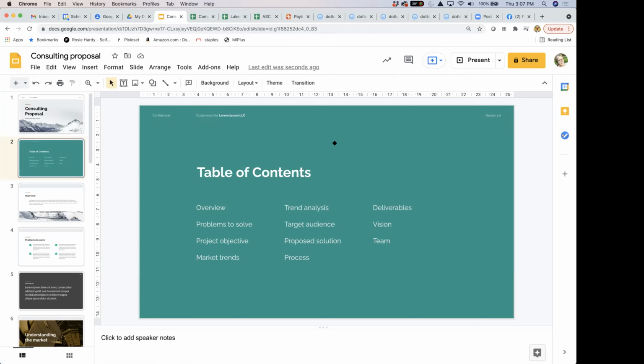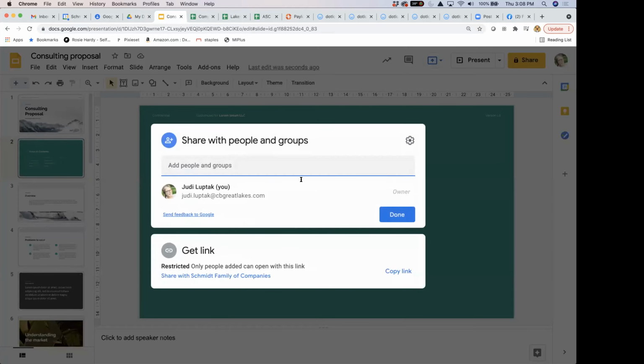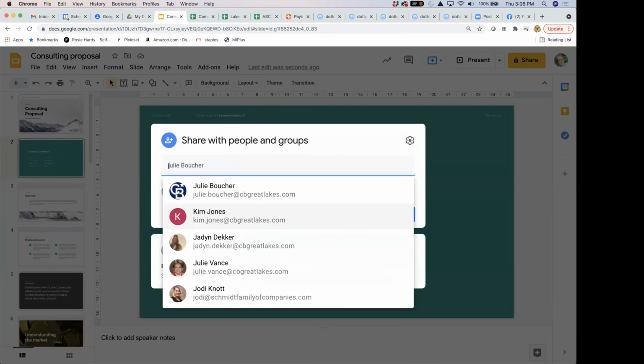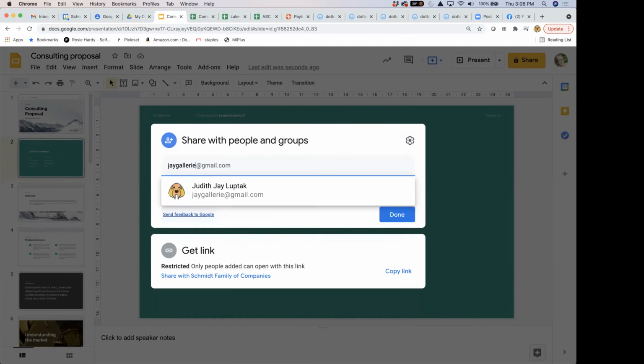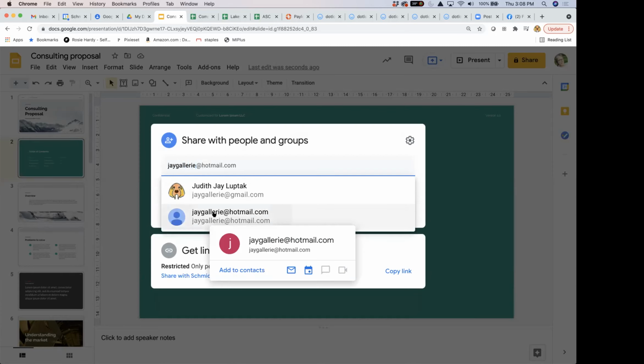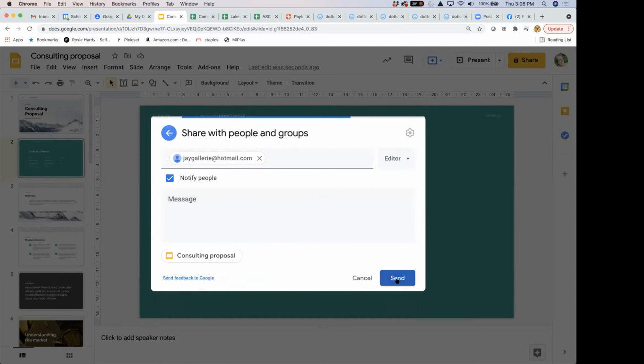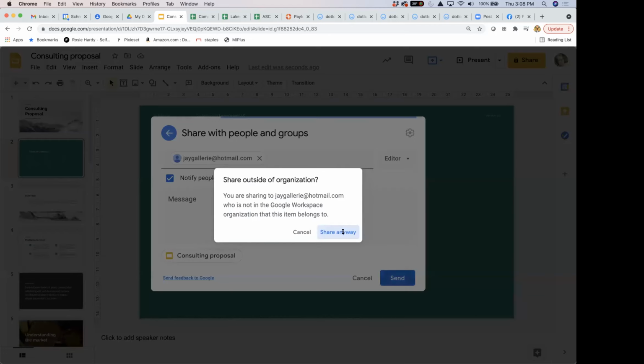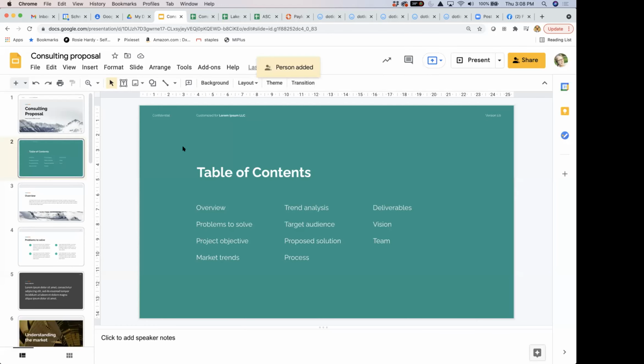Another nice thing is if you are collaborating with somebody, you can actually share this document with somebody else. And you guys can both be in here working on this document at the same time. It will save both changes,